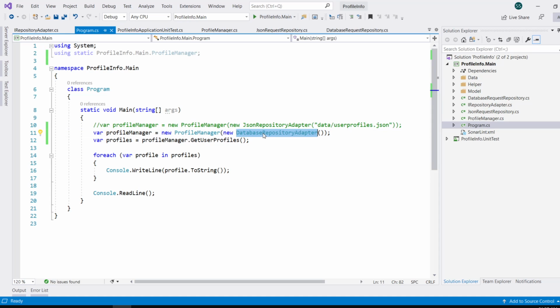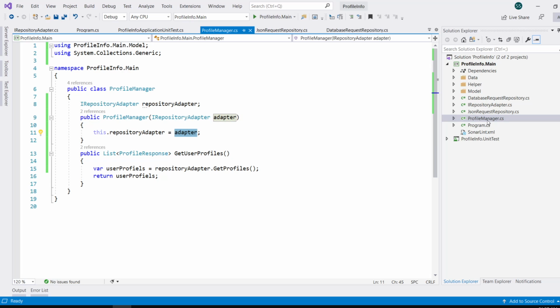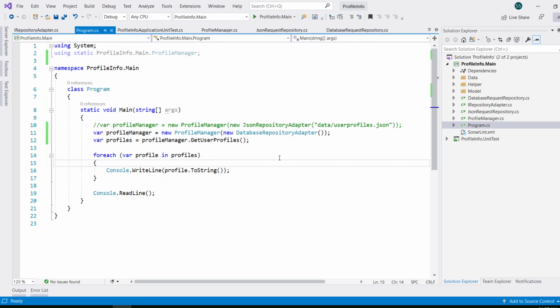So that time we will just pass the object of the new adapter and things will work fine. We won't need to make any changes in profile manager or anything. Only while calling we will need to pass the respective repository object. And this way actually adapter is helping us to solve the problem, because this was not possible with the previous